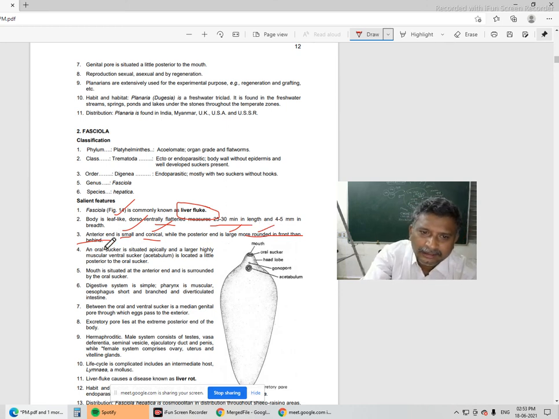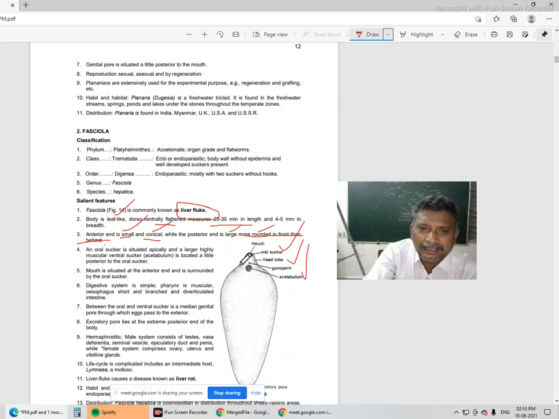Identification of oral sucker, identification of acetabulum. In between there is a gonopore. Based on these three, observation of acetabulum, observation of oral sucker, dorso-ventrally flattened organism, anterior end is somewhat